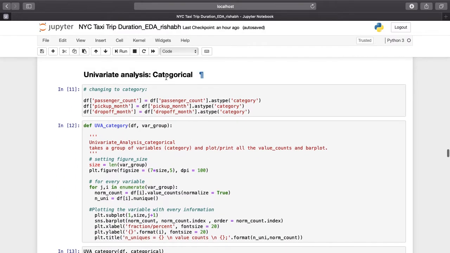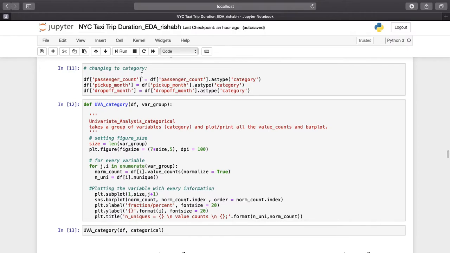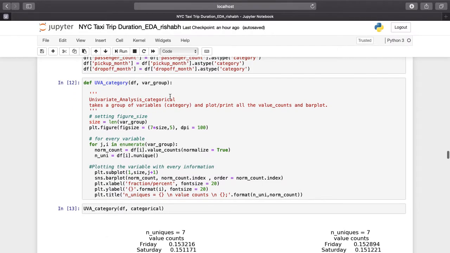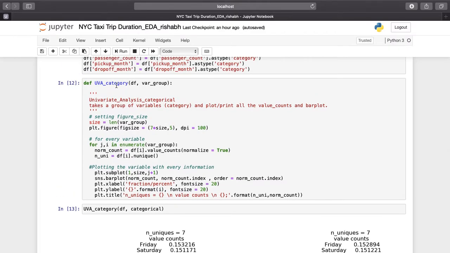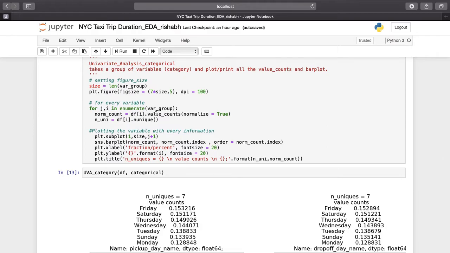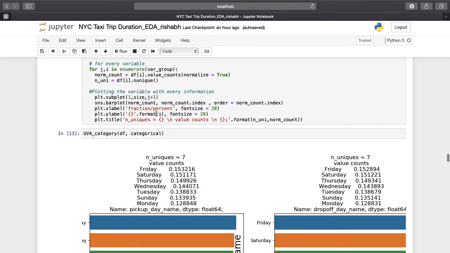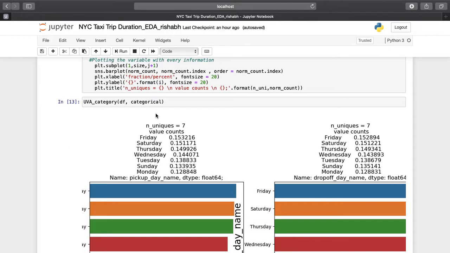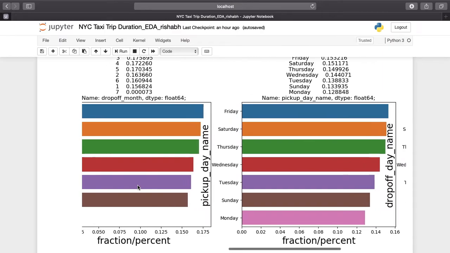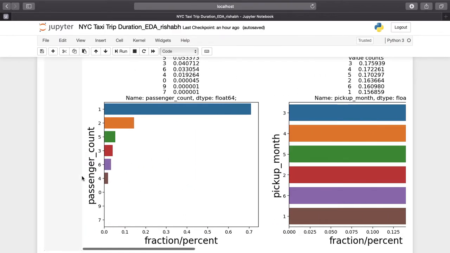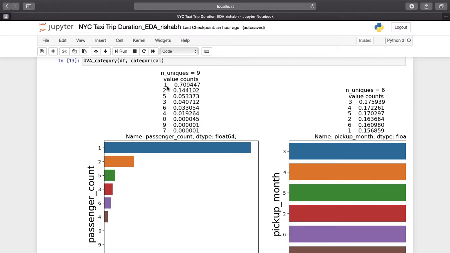Now, univariate analysis of categorical variables. Categorical variables, I found out what are the categorical variables. I once again made a loop just like I did on previous continuous variables, and after making a loop, in categorical variables we don't have much to discuss other than highest value, like which is the highest number, which is second highest, second lowest, like this. So here we go, all the categories we listed. First our category was about passenger count.